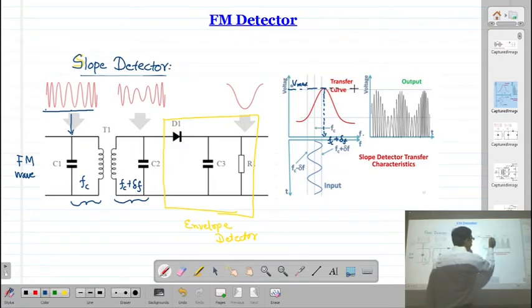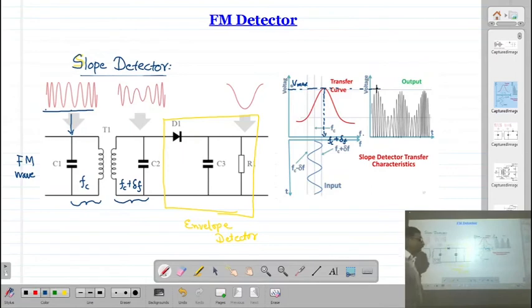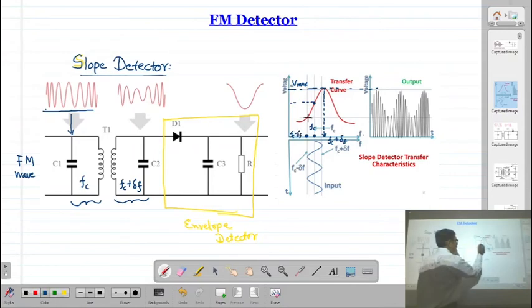And here, if you see, it is producing the maximum voltage. Your carrier frequency is somewhere here. This is Fc plus delta F. My carrier frequency is this Fc, and for this carrier frequency, it is producing this much amount of voltage. And for the frequency less than the carrier frequency, that is Fc minus delta F, it is producing this much amount of